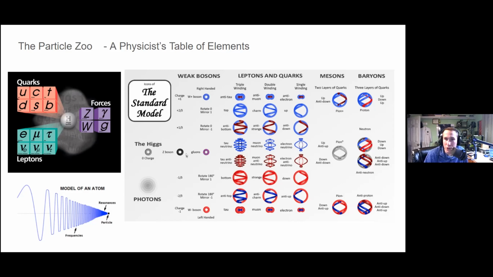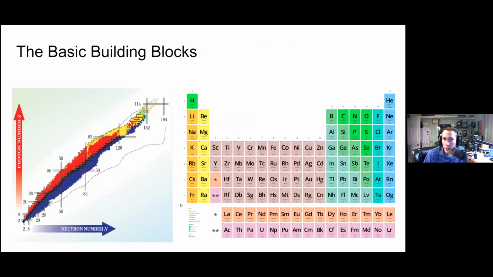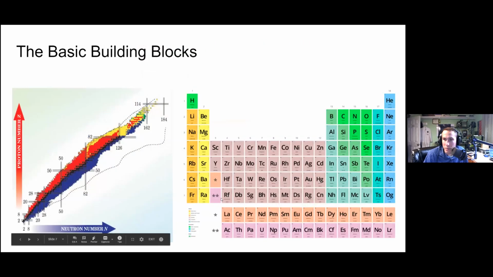It's a really messy model, as our last presenter explained, and there are a lot of attempts to unify it through geometric unity and other such theories. One such theory that I looked at was called Phoenix theory, the physics of entanglement networks and information exchanges, by a guy named Ken Griggs, who studied under Sasha Migdal and Jim Gates, trying to relate string theory. He related a lot of his research to Louis Kauffman, the mathematician, on knots and knot theory, trying to come up with a new theory of particle physics based on knots.